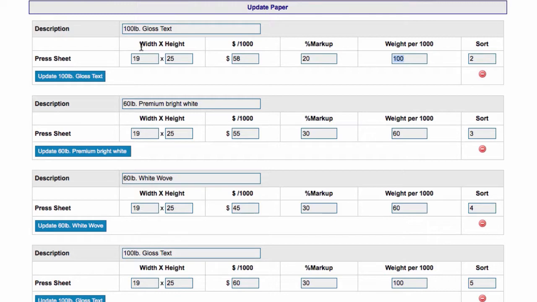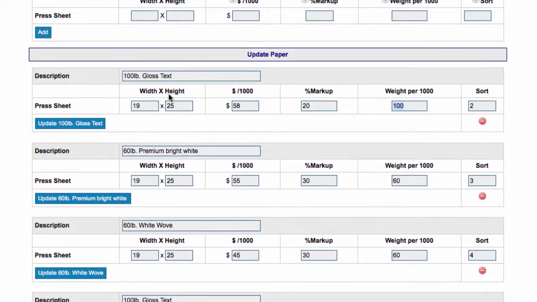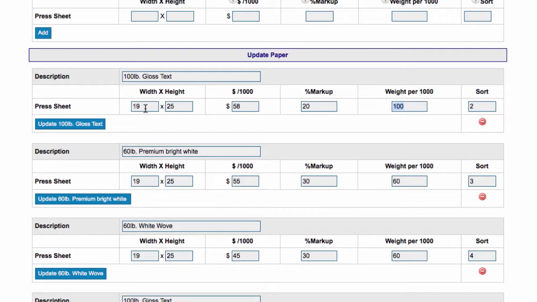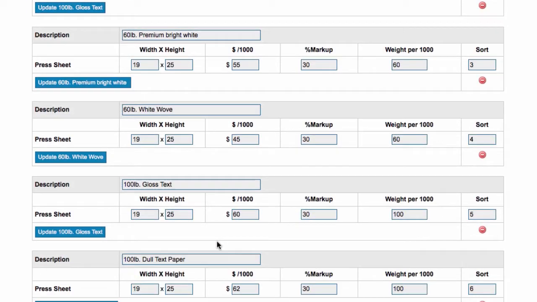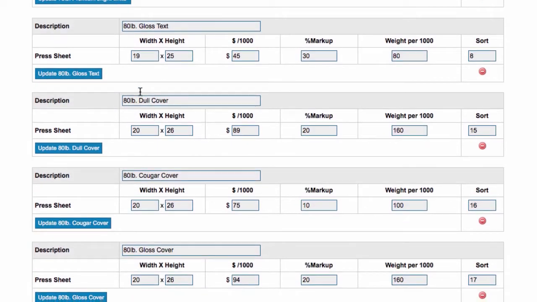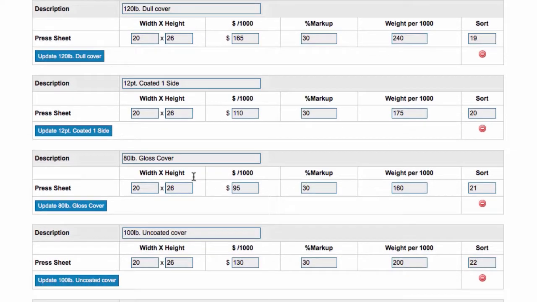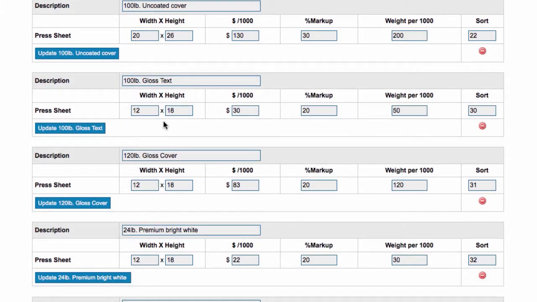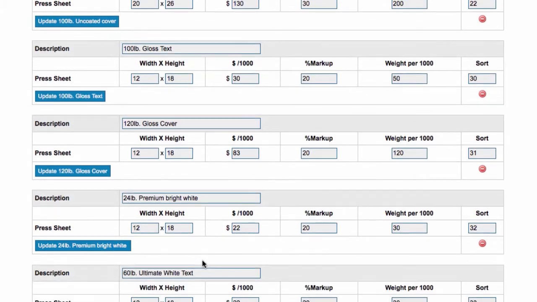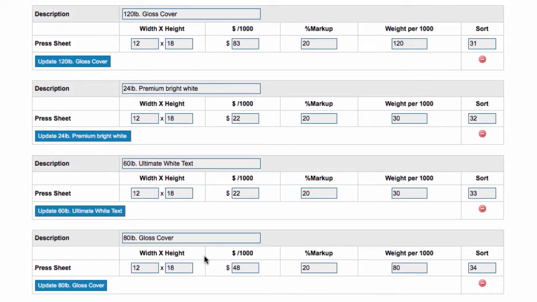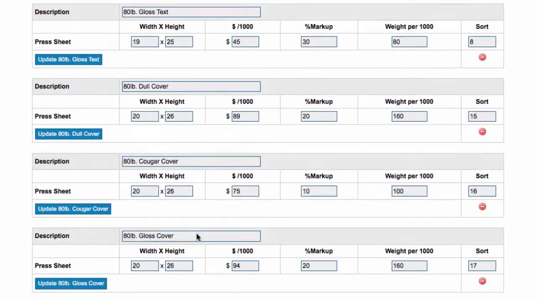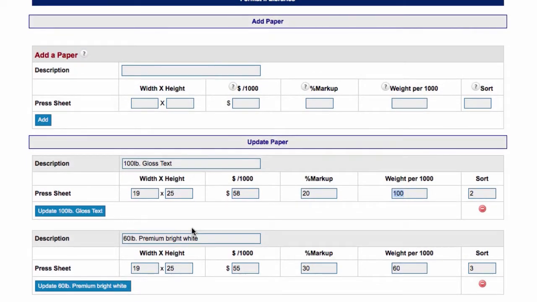You will list out in order, and a lot of times in the paper library it's really nice to have all of your press sheet sizes done first, and then maybe go to your 12 by 18. You see how we have the 19 by 25 and the 20 by 26 laid out on the demo store. That's a good way to do it because it kind of keeps these papers organized per press sheet size. The storefront does come with a number of papers. You can make adjustments to those papers. You can change the name. You can modify the cost per 1,000 or the markup, anything you need to do there,